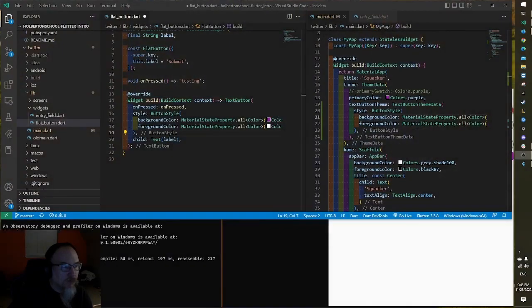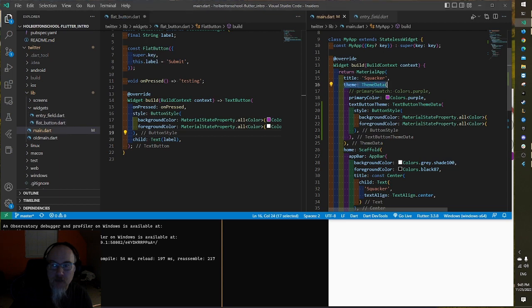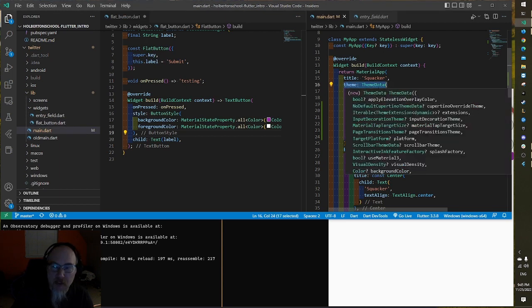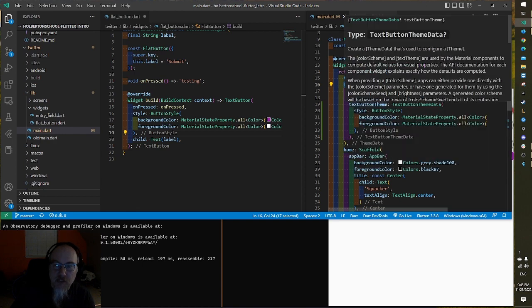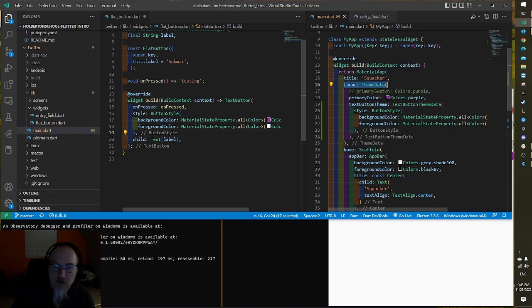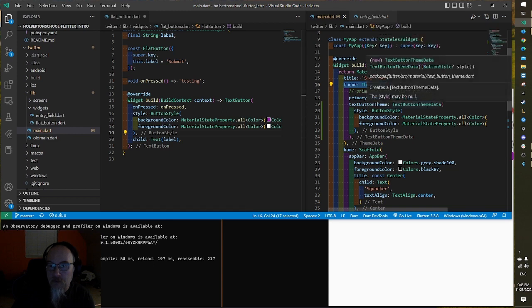We were creating a flat button widget, and the assignment says to use the primary color, but what I'm looking at for our material app is that there's a theme, and the theme has theme data, and within the theme data, it looks like we have a text button theme, which is the object we're working with. So my assumption is that I've just thrown this style in here for this theme,